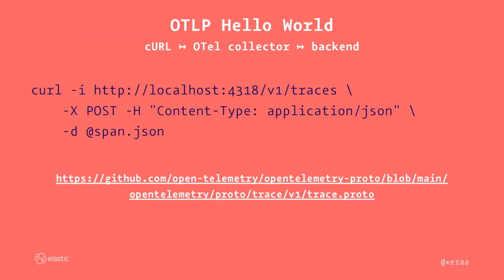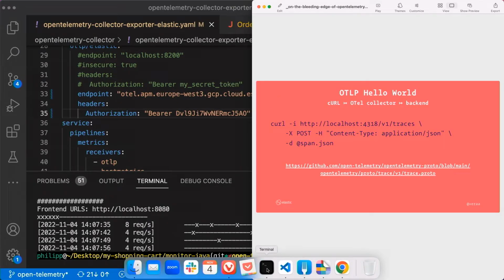And you can actually do a simple request, and I'll just quickly show you how that works. So I will send from curl, not that you want to do that, you will want to use an agent in your actual applications, but just for the sake of illustrating how this works, I will use curl to send a very simple request to an OpenTelemetry collector that will then send it to the backend. Since I'm from Elastic, I will use the Elastic backend for that. It could be Jaeger or whatever other OpenTelemetry compatible backend you can have. So I will send that request, my one trace, to the collector, and just to quickly show you what that looks like,